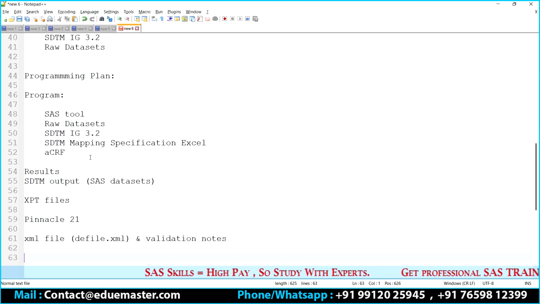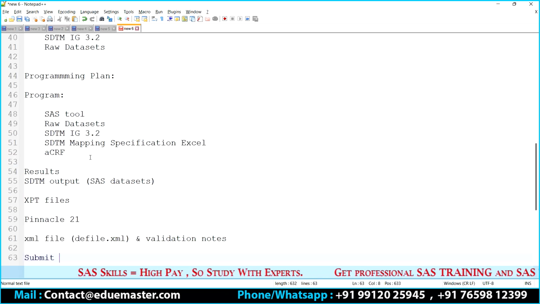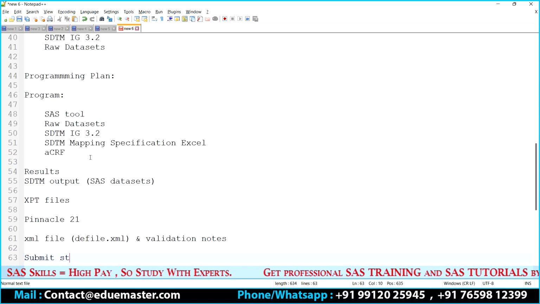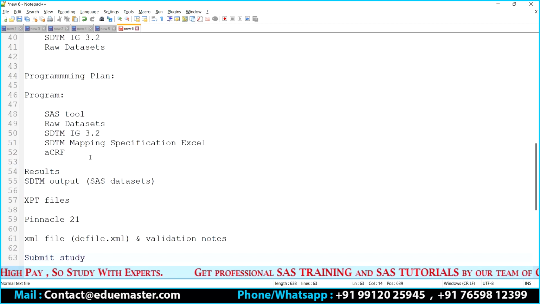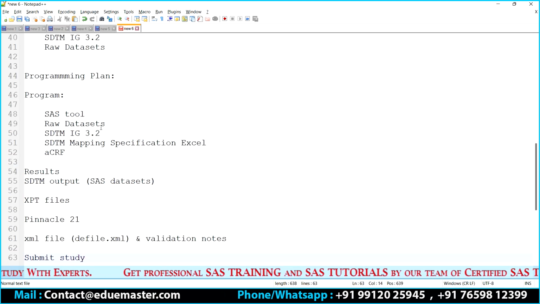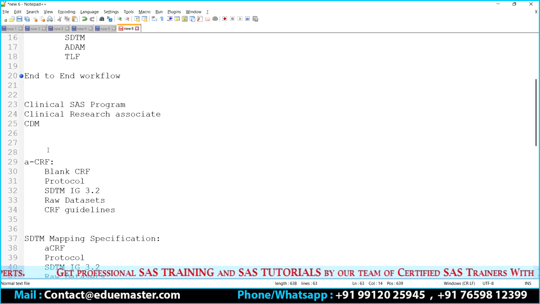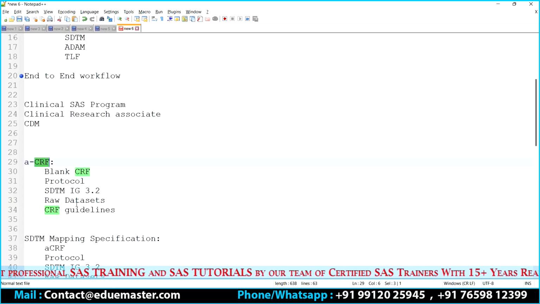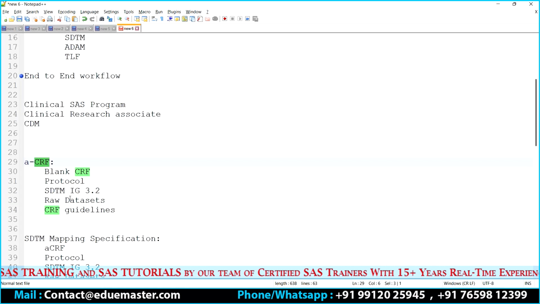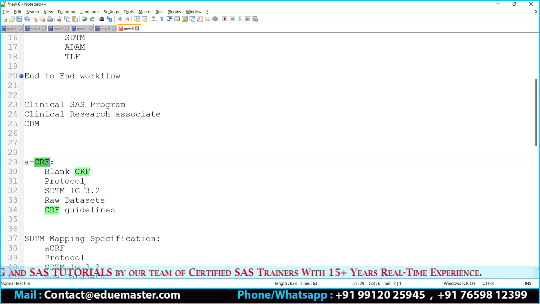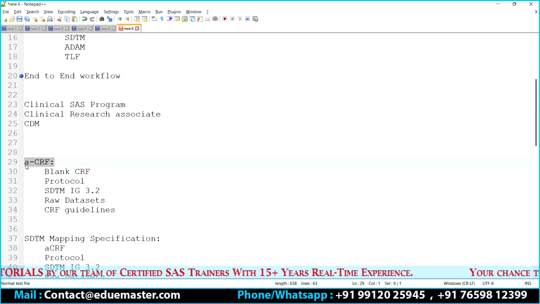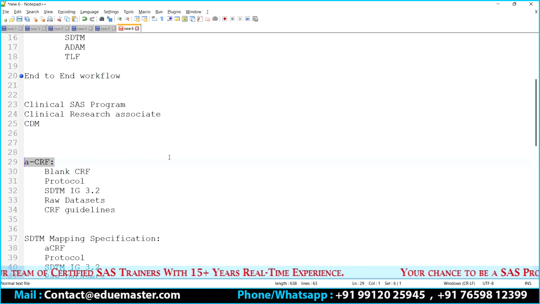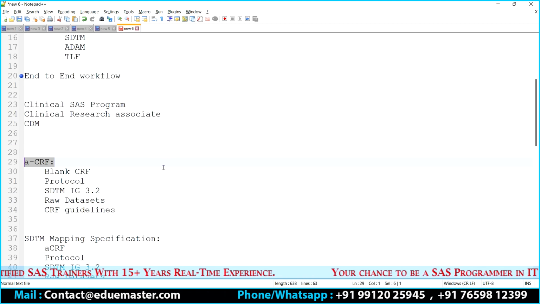These 2 files we are going to submit to the study submission. So the first initial step is to get your protocol, get your CRF, and also have your SDTM Implementation Guide. Create your annotated CRF, which has information about domain and variable name.